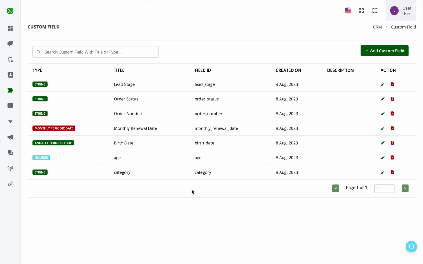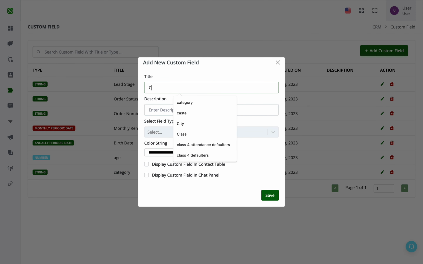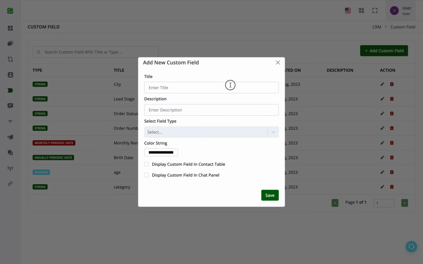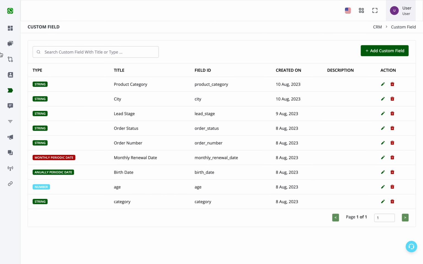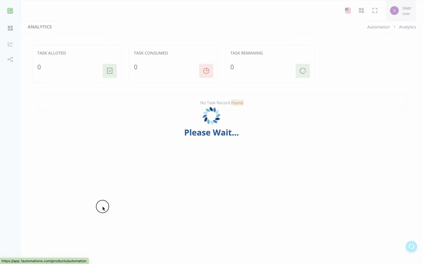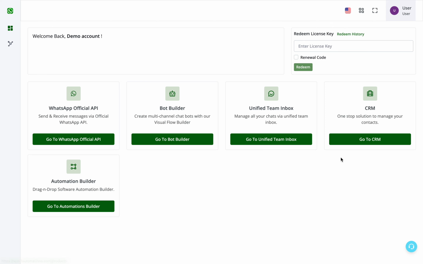In my bot use case, I want to store the customer's category, either B2B or B2C. I also want to store their city, so I'll simply create a custom field as city, and I also want to store the product category. Now, once I have created the custom fields, I'll go to the bot builder,